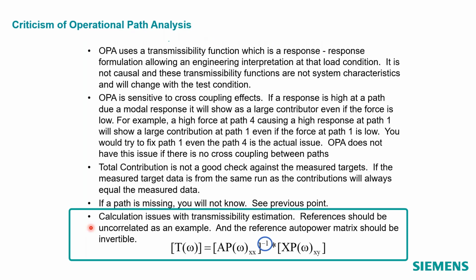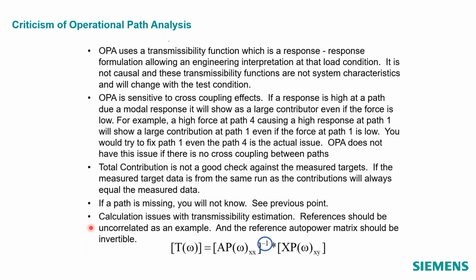So basically, if I was at a steady state condition and doing my averages, I may not have enough unique information at each frequency to have enough singular values to help with the inversion. You can help if you calculate the transmissibility as you're driving up or driving down and crossing through multiple orders. And if enough orders are excited at each speed, then that helps with that issue. But these are a couple of issues we personally have, Siemens has, with the operational path analysis technique. We support it, just be a little bit careful.